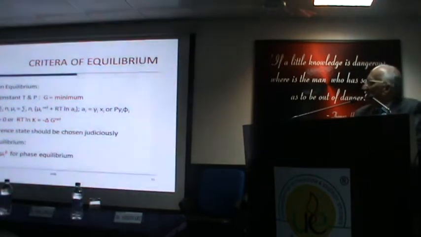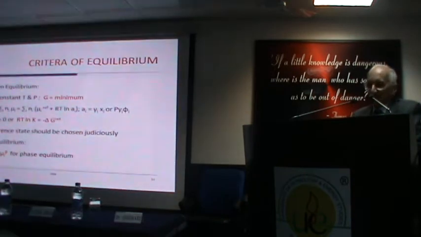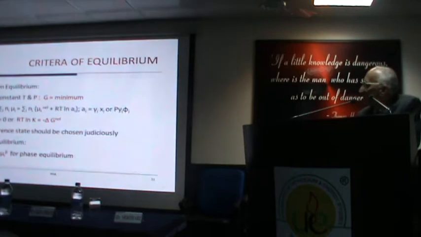Then you have this criterion of equilibrium, G at constant T and P, G should be a minimum. I showed you this already. And this is an interesting result that you use to derive a criterion for equilibrium reactions. And there is a lot of algebra in between, but you've all done that and you go through all this. And for phase equilibrium, you can show that the chemical potentials in two phases have to be equal.